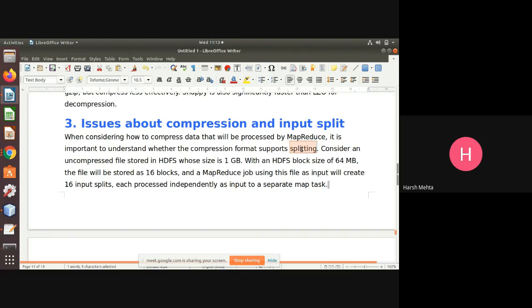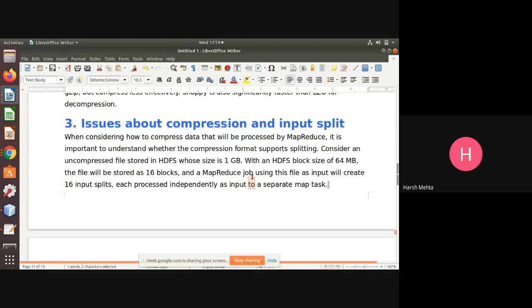Whenever we give data to HDFS, it splits the data. So, whether compression supports splitting: consider an uncompressed file stored in HDFS whose size is 1 GB. HDFS block size is 64 MB, right? So if we divide 1 GB of data into 64 MB blocks, there will be 16 blocks.